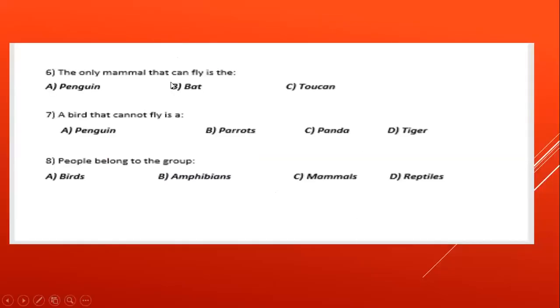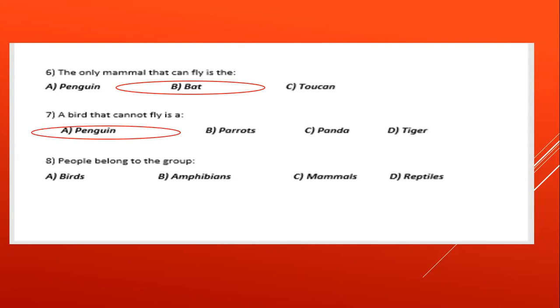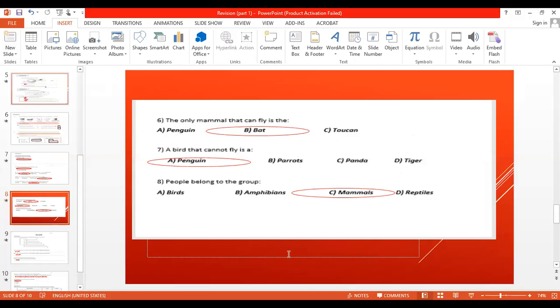Next, the only mammal that can fly is, we said, the bat. A bird that cannot fly is a penguin. People belong to the group mammals, of course, we are mammals. Now, let's go to the next